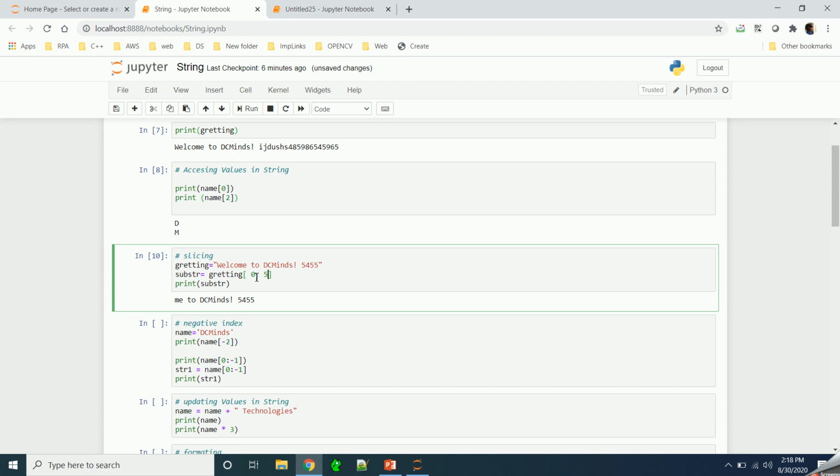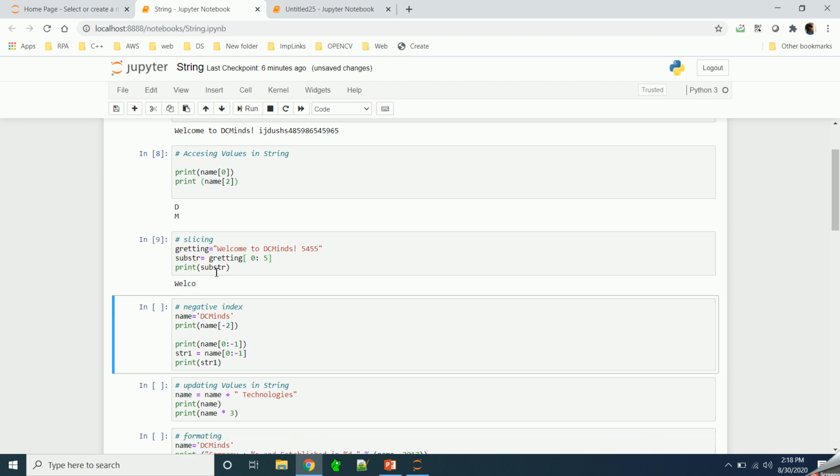In this case it is from location 0 till the fifth location. When I run this, we are getting "Welco". This is because we are telling from 0 location till the fifth location. So this is 0 location and this O is the fifth location. So we are getting 5 values.